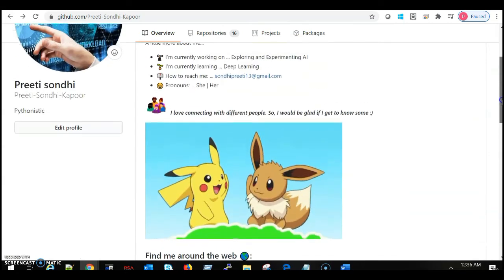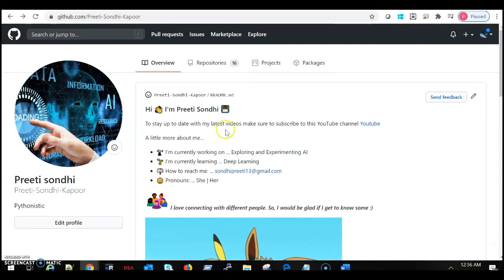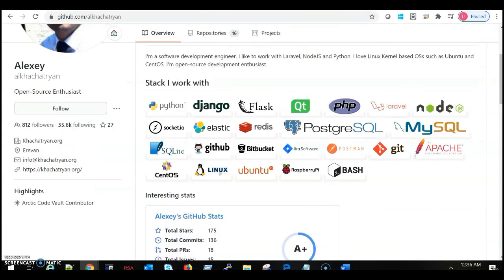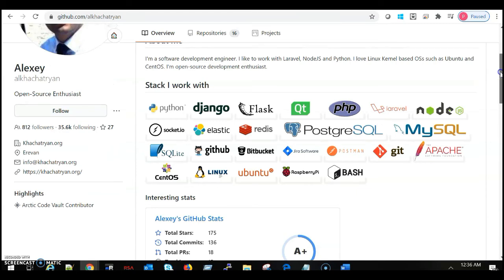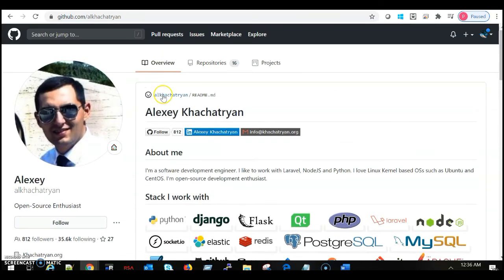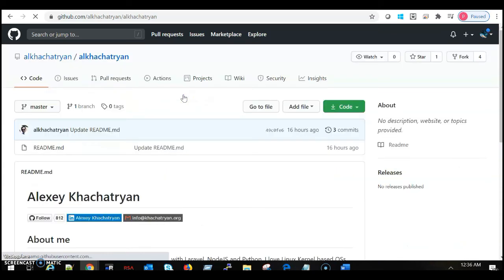Now if you are not familiar with HTML and you want this kind of page, then you just have to go to the page you want to copy, and after going to that page, you can click here at this point. Fine, at the page you have to go to readme.